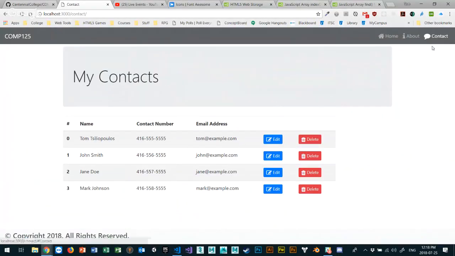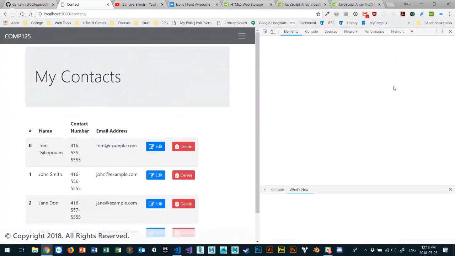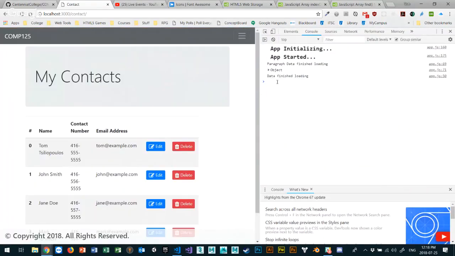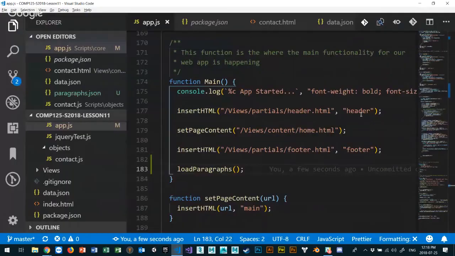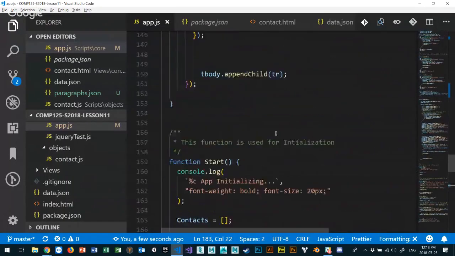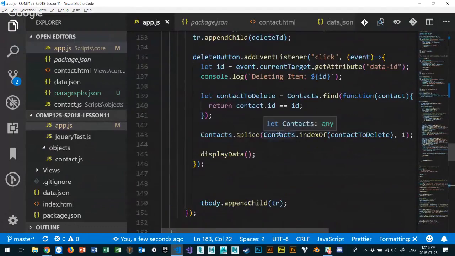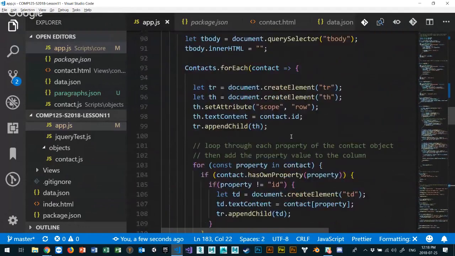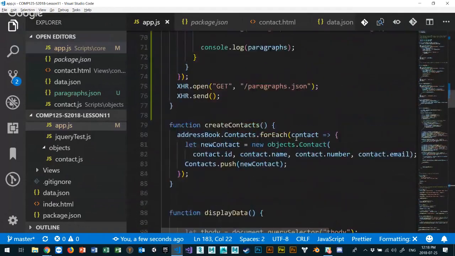So if I go to my contact page, it doesn't matter where I go, I can still see in my console that my data finished loading, and I have my object, and I can see my paragraphs. Paragraph 1, 2, 3, 4. And if I really think about that in my load paragraphs function, which is way up here,